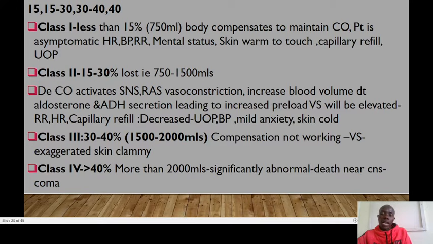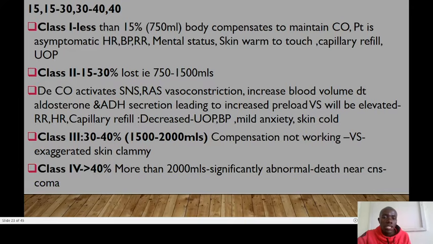Then we have class 2, where the loss is between 15 to 30%, and this amount is estimated to be between 750 to 1500 mils. So decreased cardiac output normally activates the sympathetic nervous stimulation, so the RAS